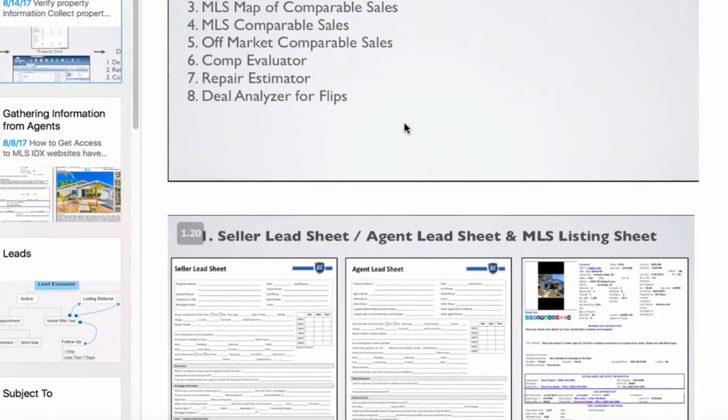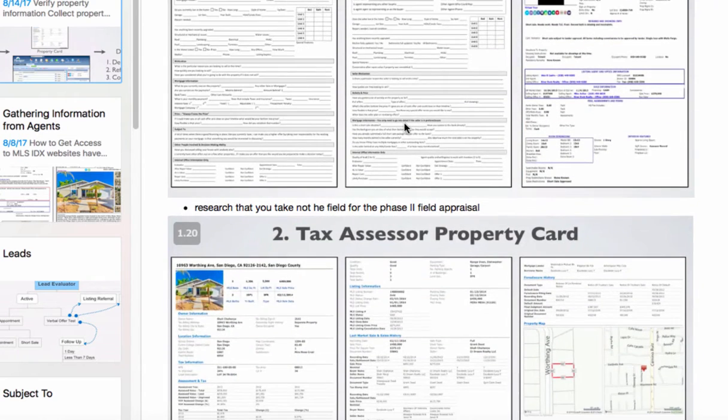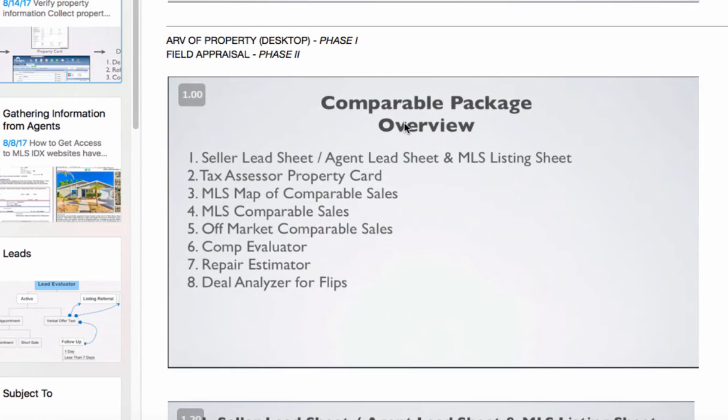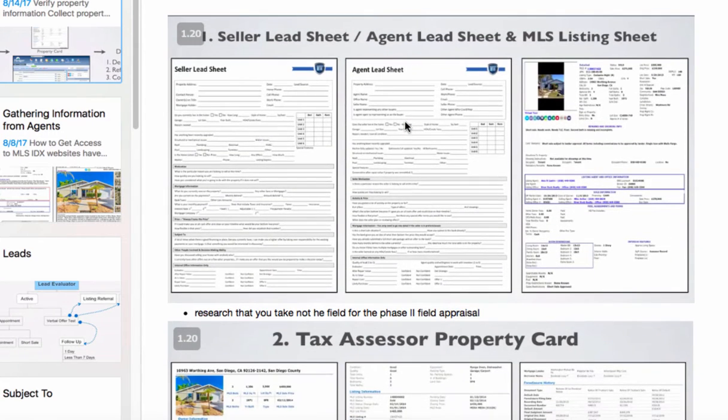All right, so we are back here, another experimental log, just to catch ourselves up to speed. What we're looking at today is the repair estimator, but just to bring each other up to speed, we got to the point where we have a seller lead sheet, an agent lead sheet, an MLS